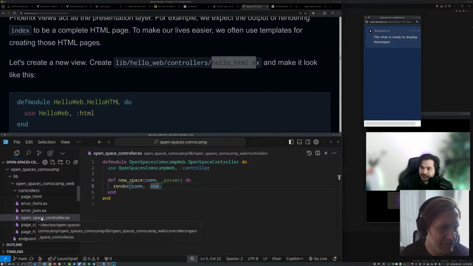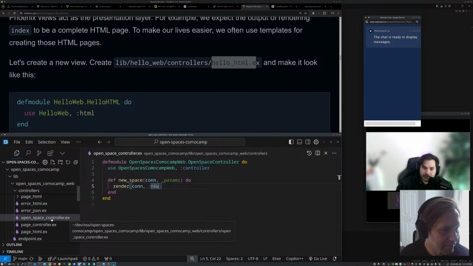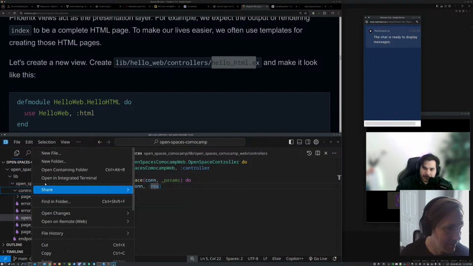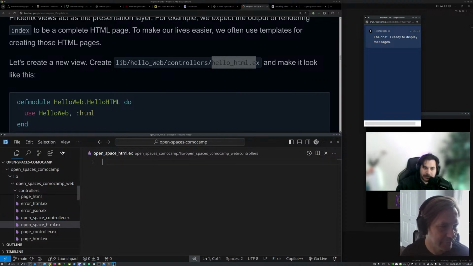So I have an open space controller.ex, and I can also have an open space HTML.ex, because that's going to be the name. Okay, so let's add that new file: open space HTML.ex.